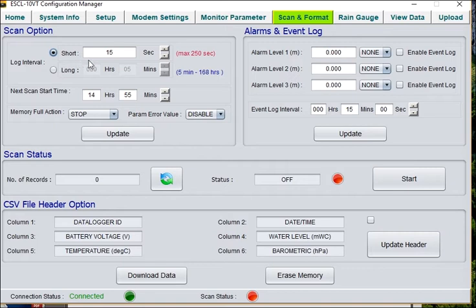So here we'll just check for short readings. We'll check for ten seconds.